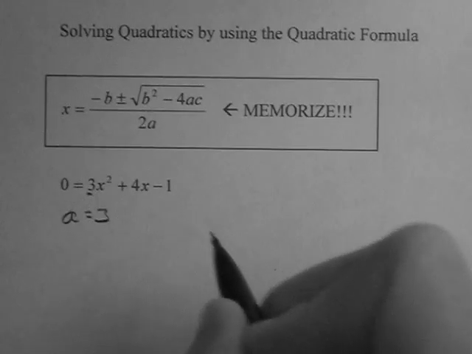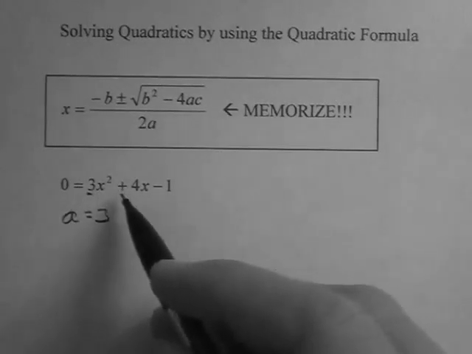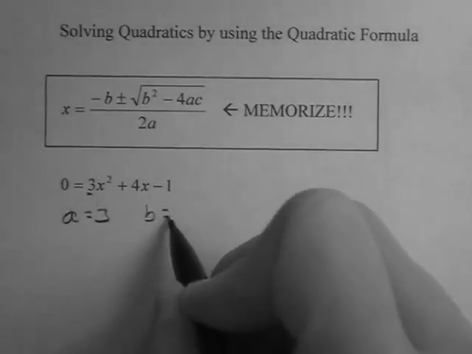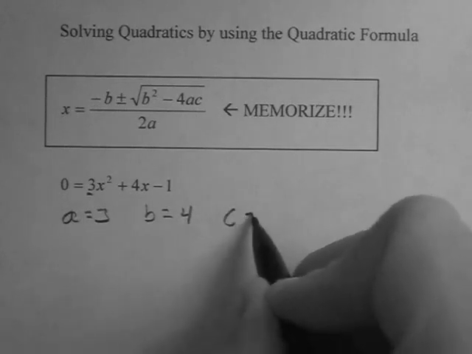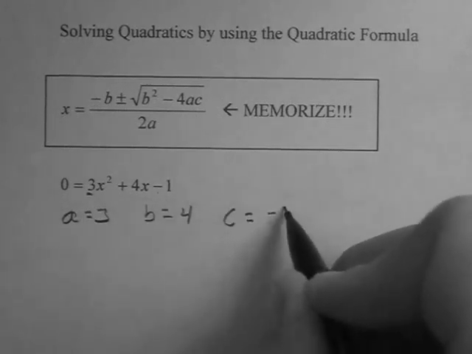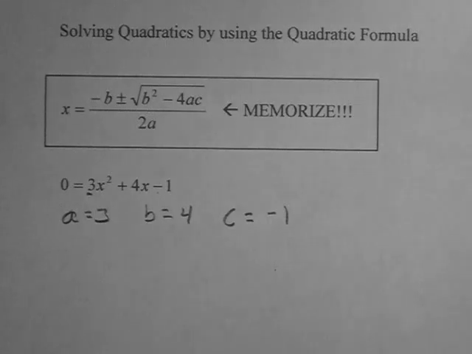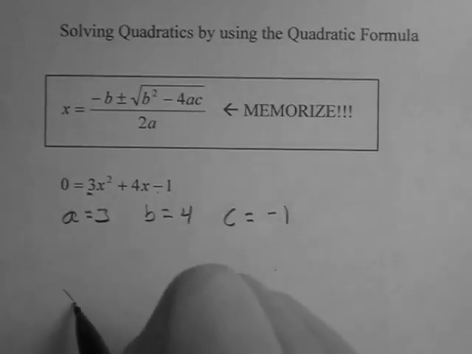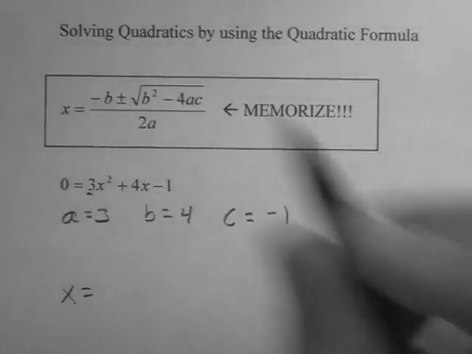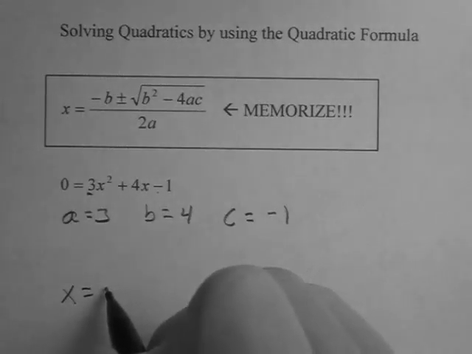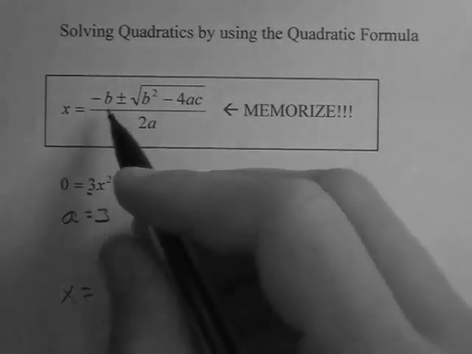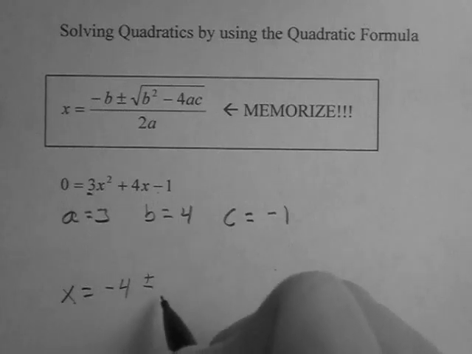When you look at this, your first term is always going to be a. So a equals 3. B is positive 4. So b equals 4. And c is negative 1. Make sure you use the preceding sign to give your positive or negative values. So I have a is 3, b is 4, c is negative 1. So I'm going to use this formula to say x equals negative b, plus or minus the square